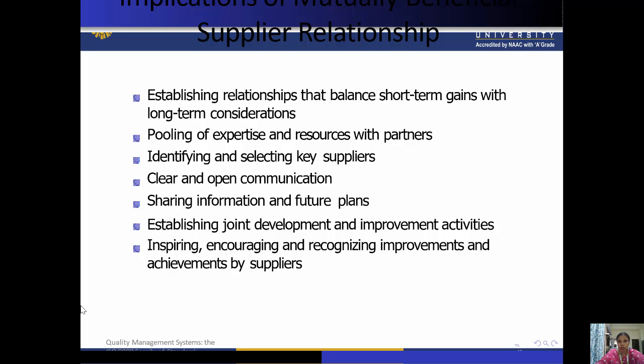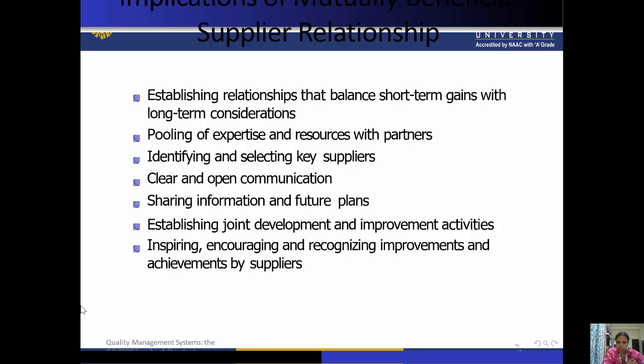So for a mutually beneficial supplier relationship, it is very essential that there is open and clear communication between the two companies in the mutually beneficial relationship. Now, sharing information and future plans is also important in this relationship. Establishing joint development and improvement activities, as well as inspiring, encouraging, and recognizing